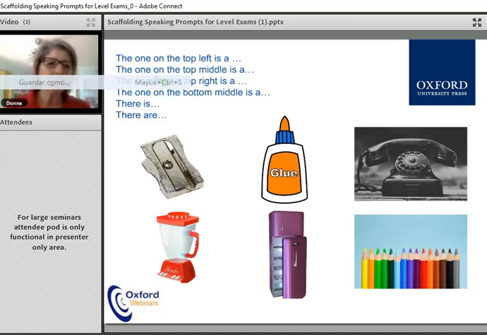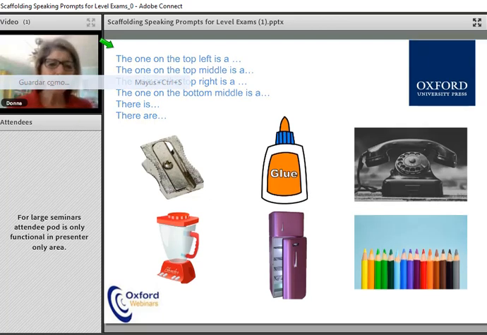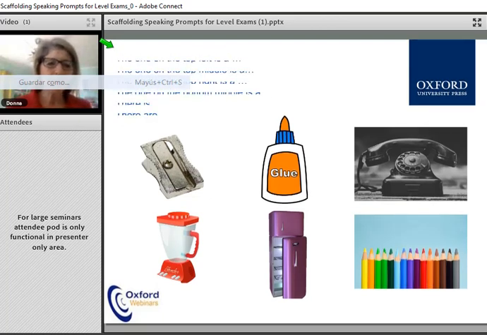Sorry, we also want to make sure we give them the academic language. The one on the top left is, one on the top middle is, the top right, etc. We want to keep that visible so they have that written on the table. The more they repeat it, the better. There's no reason not to give it to them. Right. So we take those, and one of the people in the pair moves one of the images,